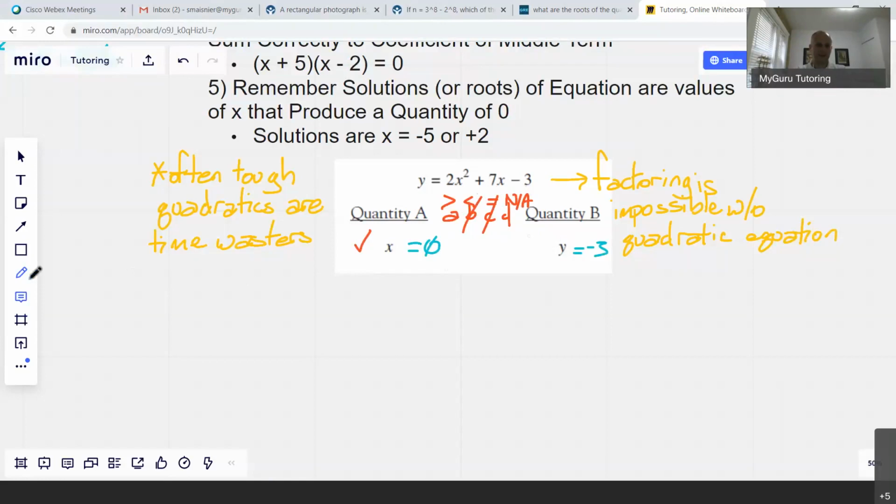Now, if we wanted to just change up the outcome, well, I could say, what if x is equal to 1? And if x is equal to 1, then y is going to be equal to 2 times 1 squared, which is 2. Plus,